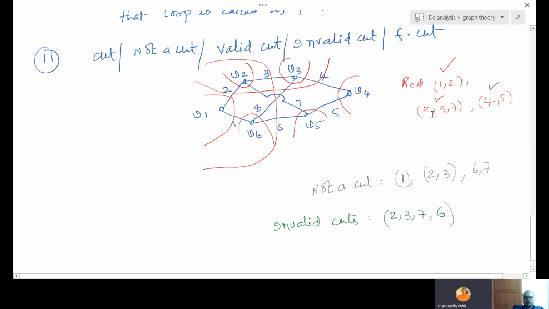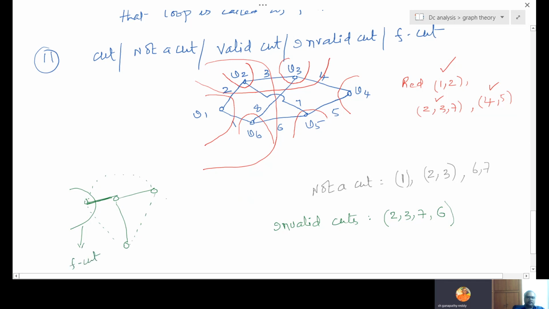Okay. All cuts are not valid. Some cuts are valid, some cuts are invalid. This is basically not a cut at all. Then what is the fundamental cut? A cut should contain one branch. So if you refer to this previous example, this is the tree now. So when I am cutting here, this is the link. This is the link. This is the link. So it is cutting one branch. One branch only it is cutting. That's why this is called a fundamental cut.